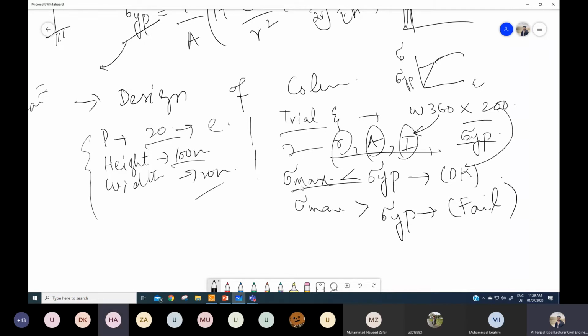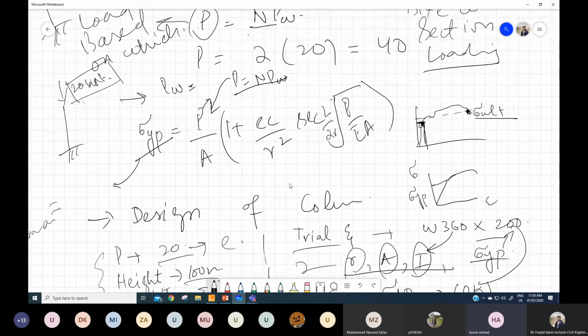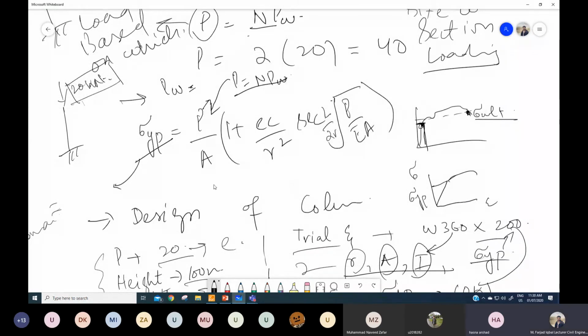But another, excuse me, sir. Yes, हमें sigma yp given होगा इस case में? Yes, sigma yp is dependent on the type of section, and also it should be specified because it is one of the criteria. I can write it over here. और सिर्फ जो तो आपने previously explain किया है उसमें भी given होगा like sigma yp, या फिर हम लोग वो calculate कर रहे हैं और फिर compare कर रहे हैं?